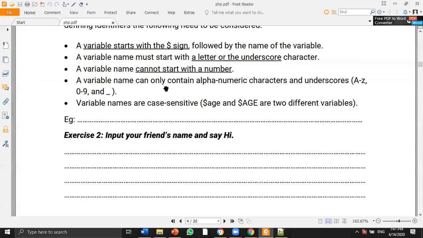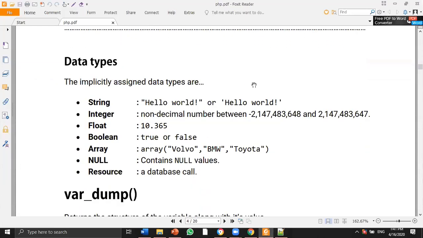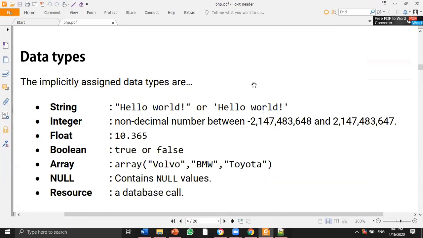Now, even though type declarations and variable declarations are not necessary, there are data types that we use in PHP. They are being implicitly assigned. That means when you assign a value,